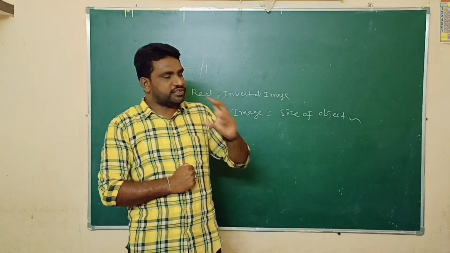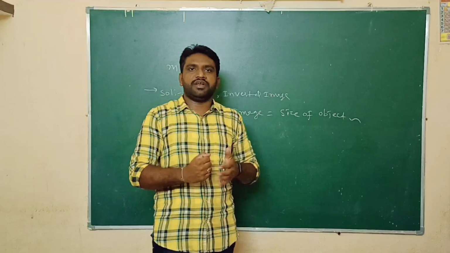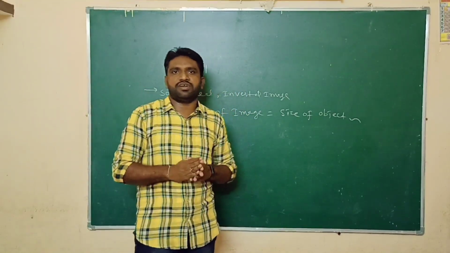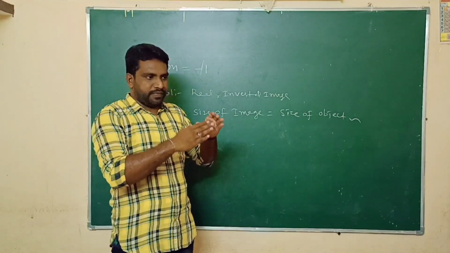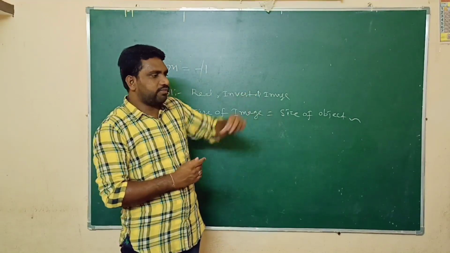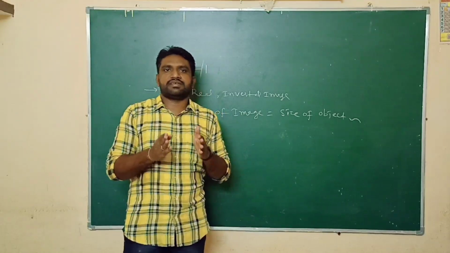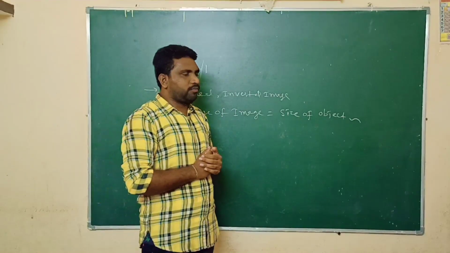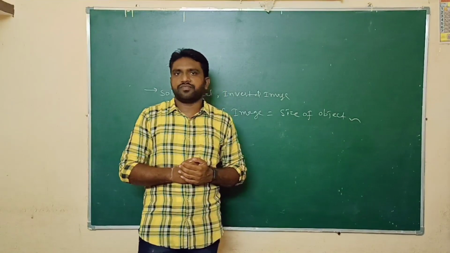This is the last position, the sixth position I explained in the last classes. So to get a virtual image with a concave mirror, we just need to place the object between the pole and focus of the concave mirror. Then after reflection, the reflected light rays do not converge. Due to this, if we extend the reflected light rays, we get the virtual image. So the answer is: if we place the object between pole and focus, then we will get the virtual image. That's it.